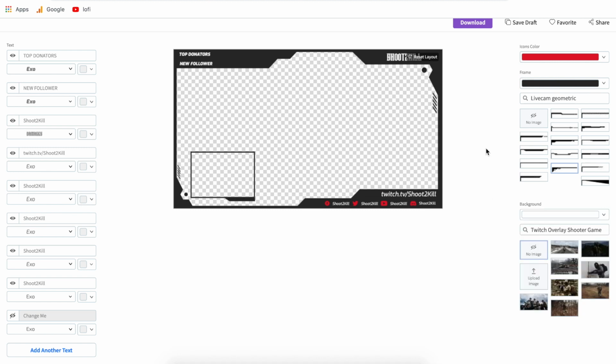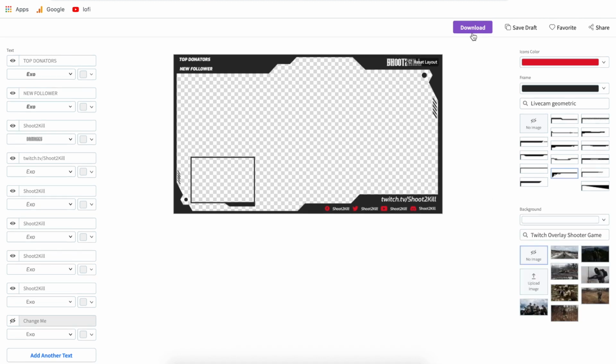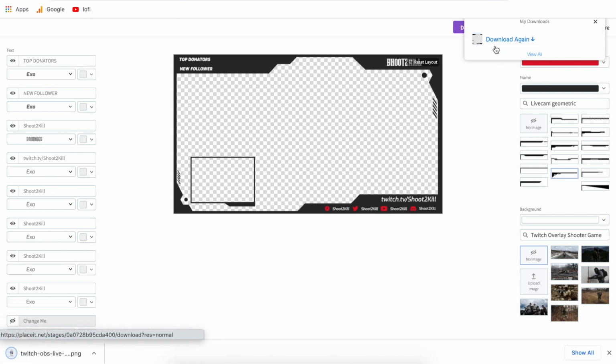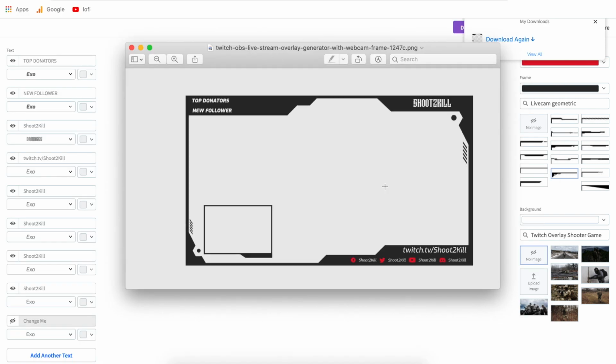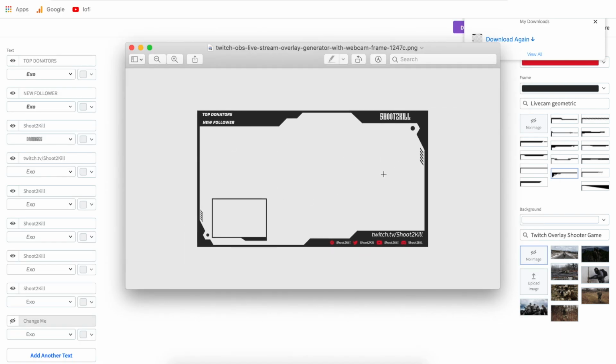Now, there's only one step left. This is to actually download. So all we have to do is click download right here. It's going to have a drop down that says processing your design. This takes roughly about 5 seconds, and then you can click to download here. This will download right to your computer. Once you open this up, you now have a Twitch overlay on your computer that has a transparent background, so you can put this right on top of your video. And we did all of this just in the matter of minutes.